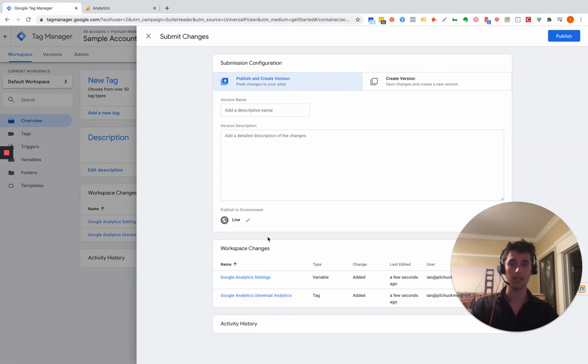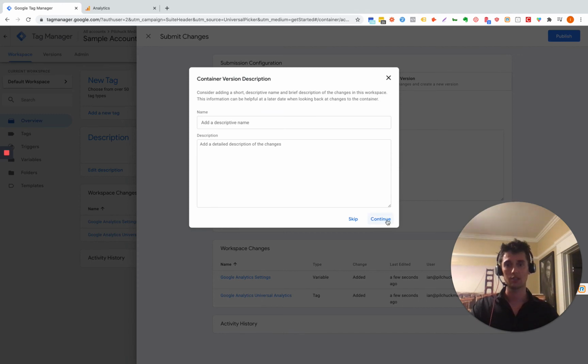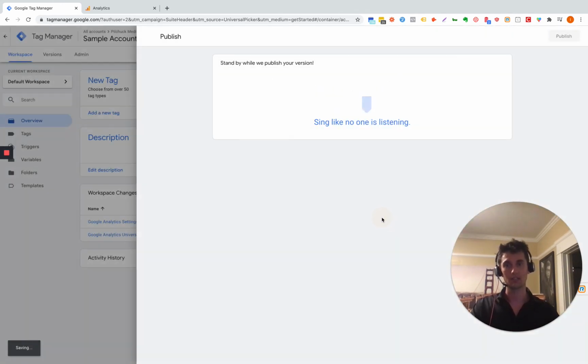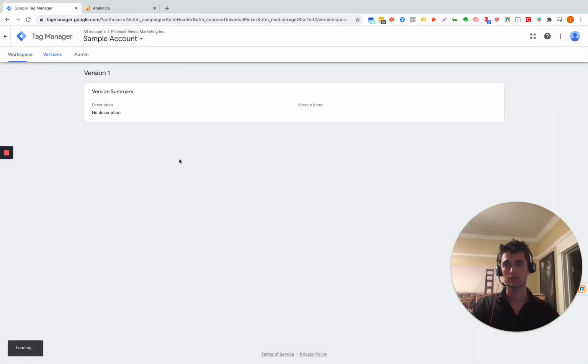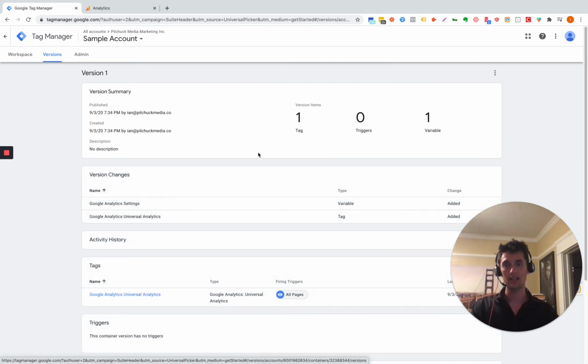Is you have to click submit. You have to go into here. You can create a version, click publish. I usually skip this, but you're more than welcome to name it. Then you can hop in. Then in here, you see you have one new tag in here, but you can do this with all your